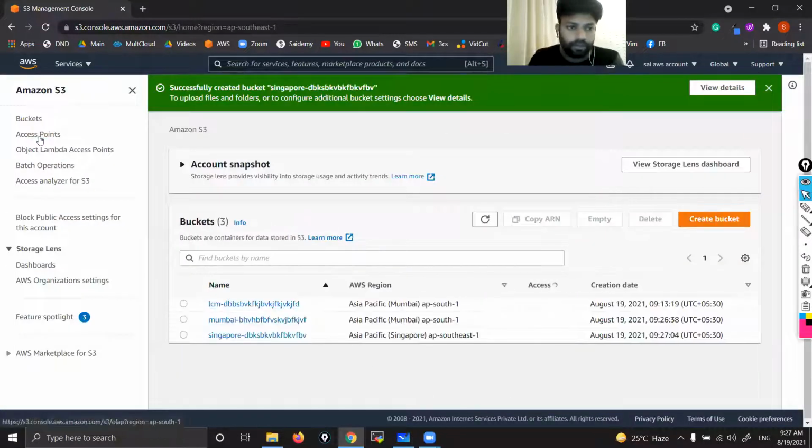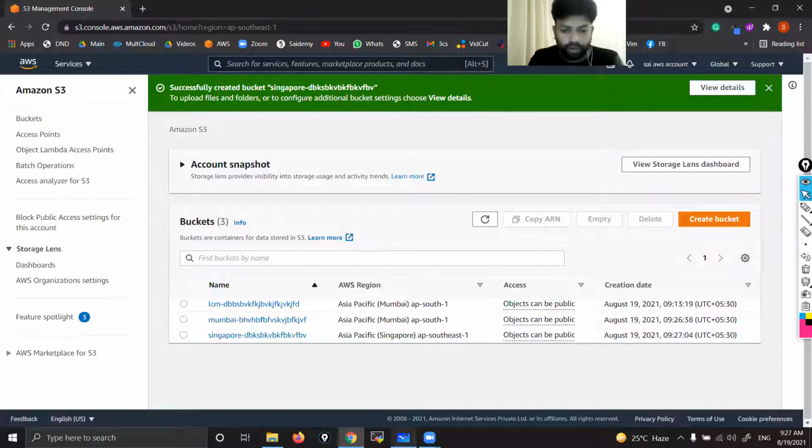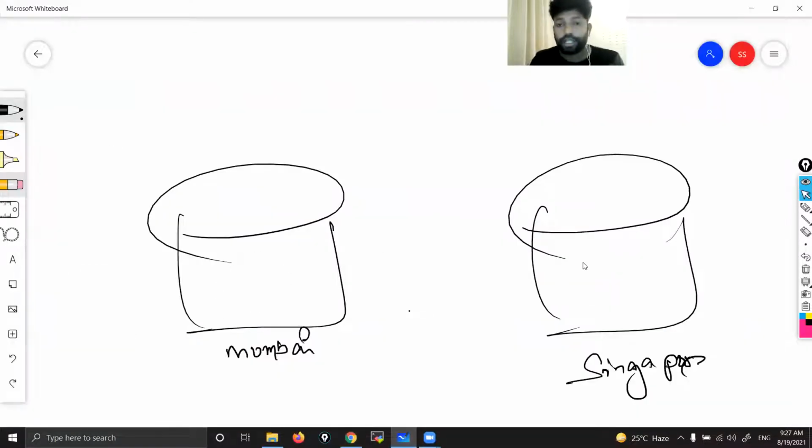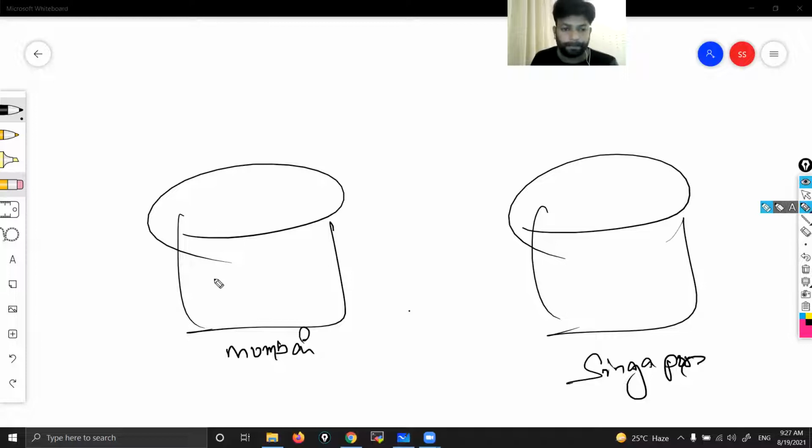Okay. So if you want the data to be copied automatically from one bucket to another bucket, you need to create one replication rule, and that too in the source bucket. Here you have to understand three things. The first one is you do it in the source bucket, right? While doing it, you will give the destination bucket information so that whatever data you put here will be copied